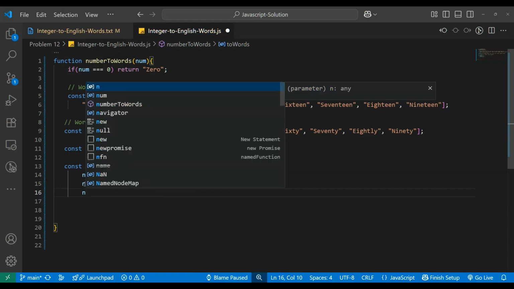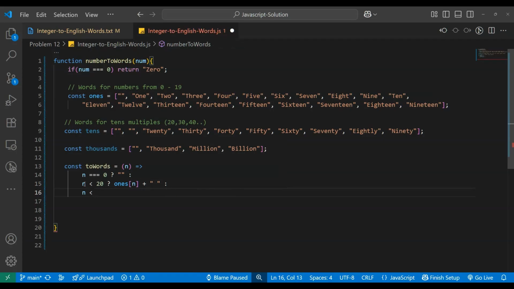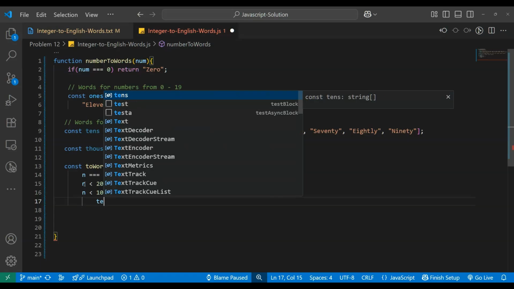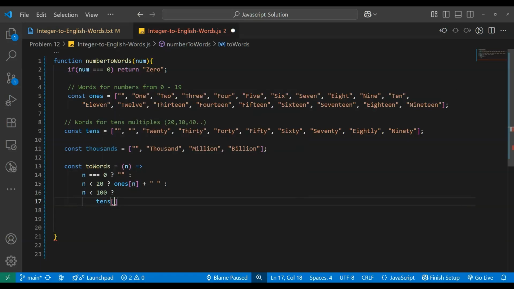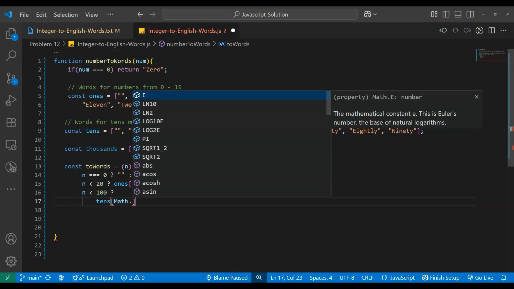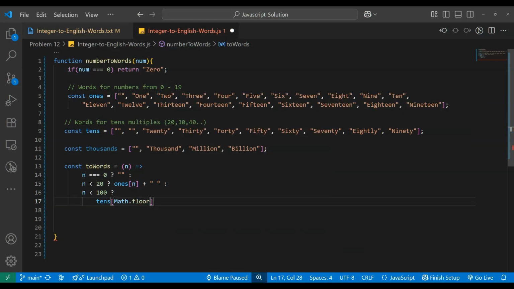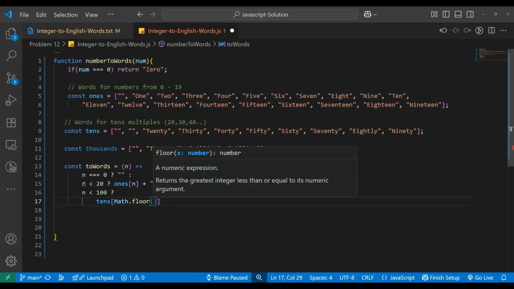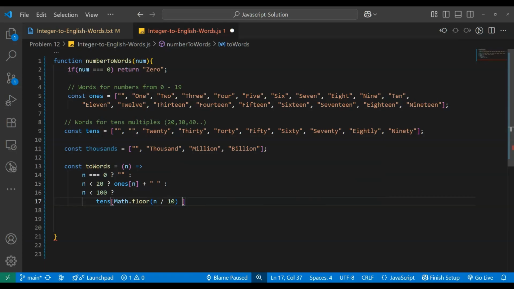Next, if n is less than 100, then tens: Math.floor(n divided by 10), then plus, join with the blank string, and then